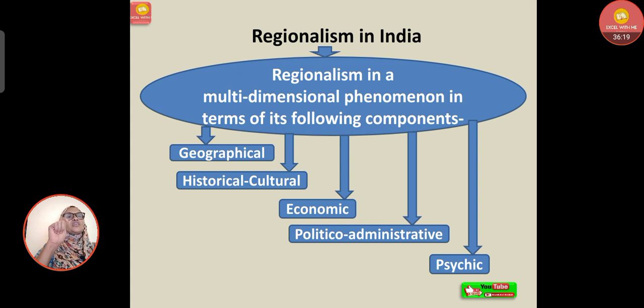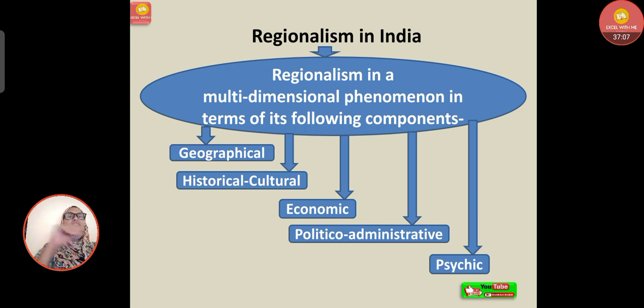Then historical and cultural components constitute the bedrock of the phenomenon of regionalism in India. The several components in this category are not only important individually but also in conjunction with each other. This is also true of the other groups which have more than one component, that is history, caste and religion, language, and so on. But common language is no bar to intrastate regionalism. The very fact that language helps a group forge an emotional identity also tends to make it highly